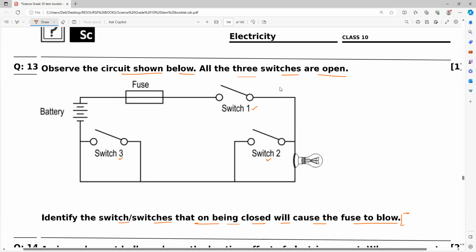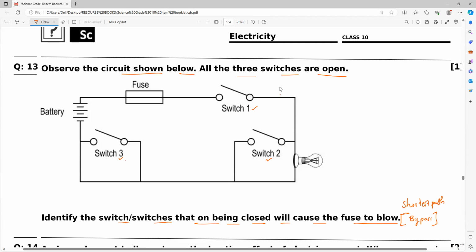So that is what, as I told you. When you close which switches will the fuse melt or blow, they're saying. That is the concept we discussed yesterday. What is that concept called? Bypass. So the current will take what path, everybody? Shortest path. So first, if I close only switch 1, and switch 3 and switch 2 are open,